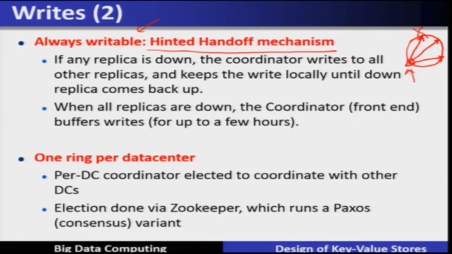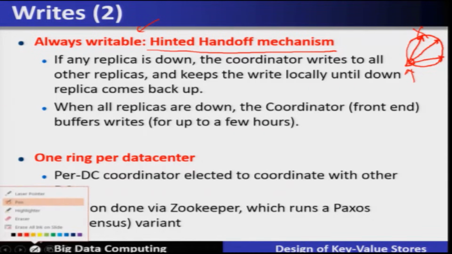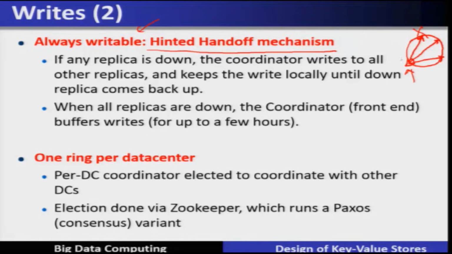So, for the replica which is down, the coordinator himself keeps the values at its end, whereas it will send these values to all other replicas. If the replica is down, the coordinator writes to all other replicas and keeps the write locally until the down replica comes up